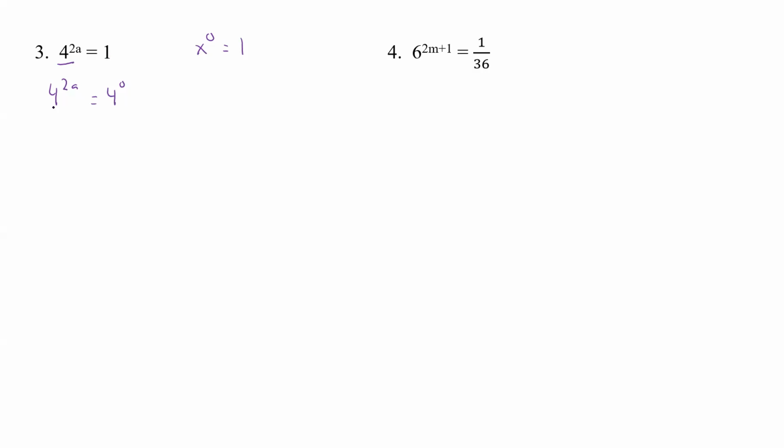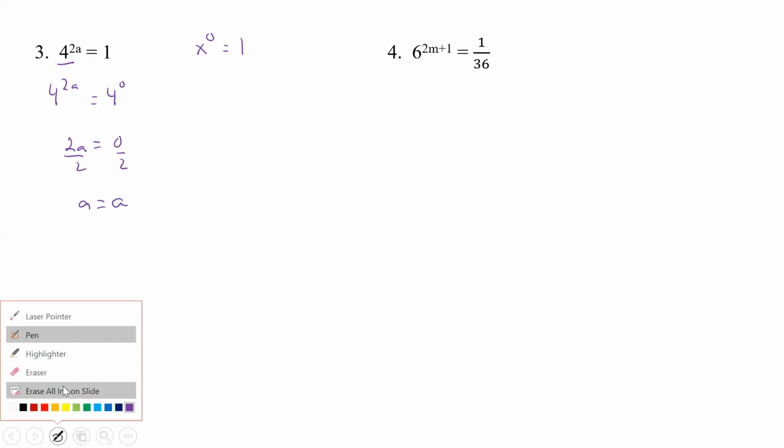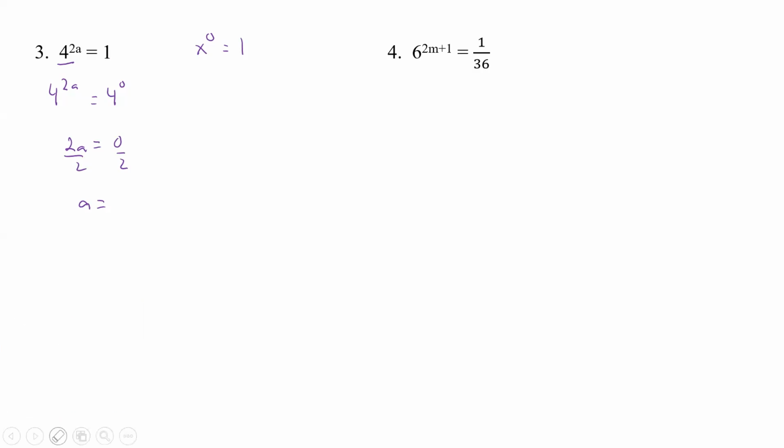And so then we have equal bases, and we set those equal. So 2a equals 0, divide by 2, a is equal to 0,